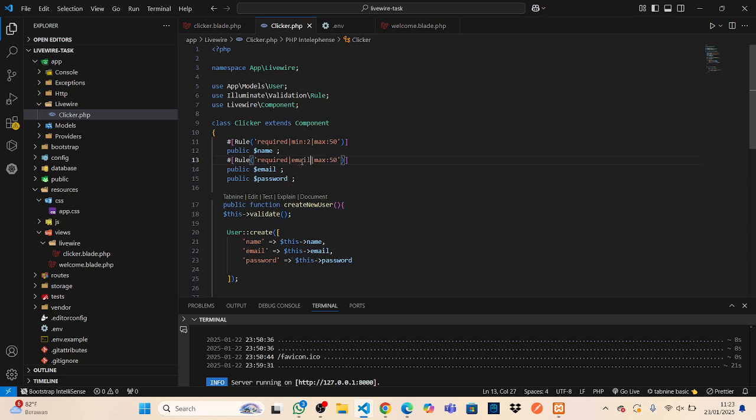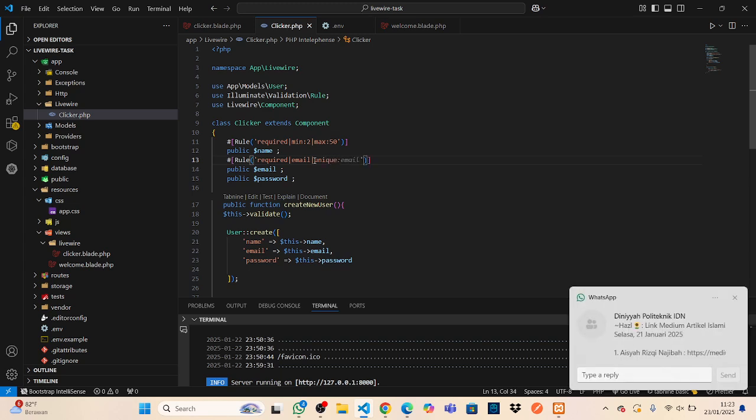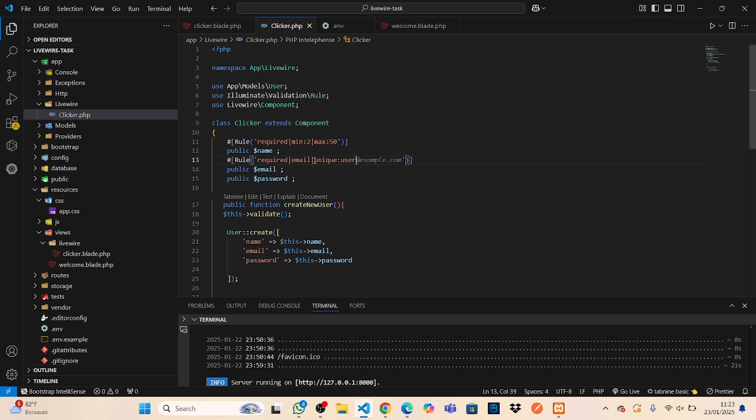So this is the alternative. Unique way. Users. Required email unique way. Users. Way of doing